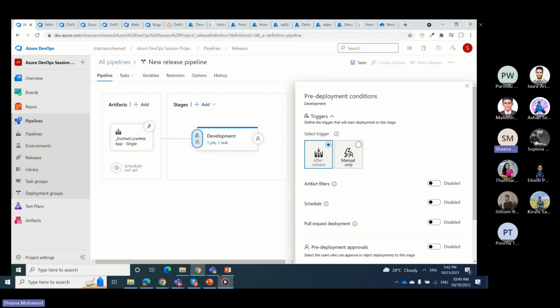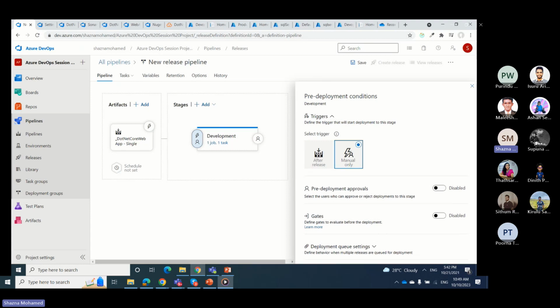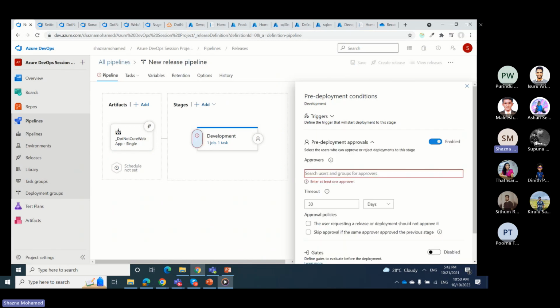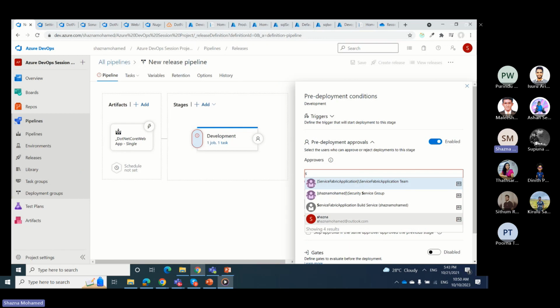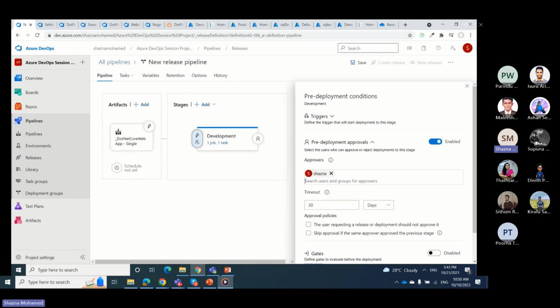Or else you can set it to manual only. So you do not see that line anymore. That means that you will have to manually start this deployment whenever you need to do the deployment. Anyway, this is going to take the artifact from the path you mentioned here, but this will start only when you manually deploy it. And here we have another option to set the approvers. Let's say you have some specific users who need to approve before you do a deployment. You can